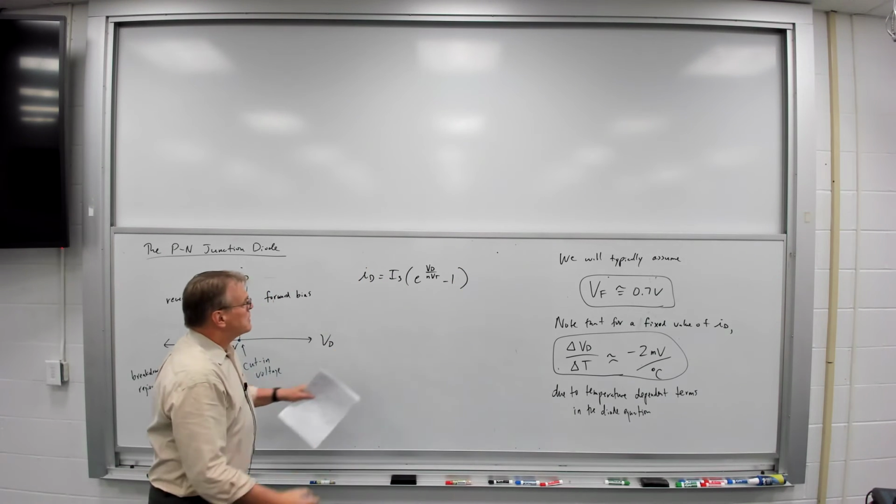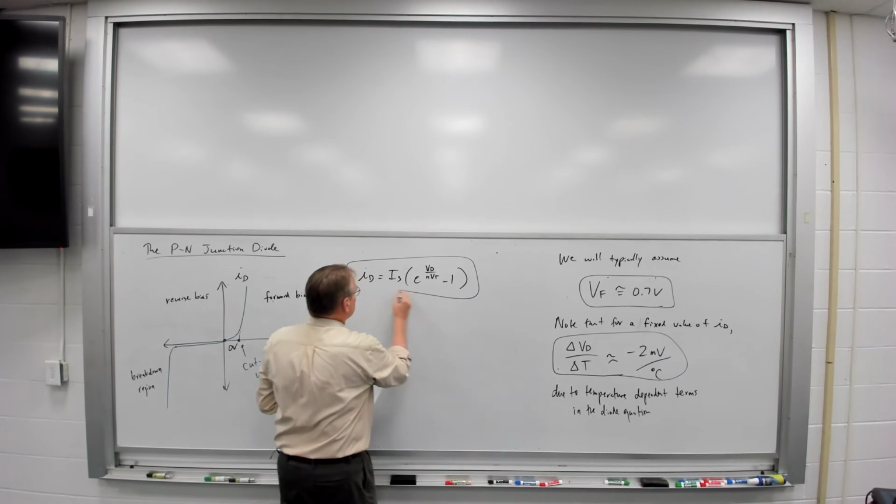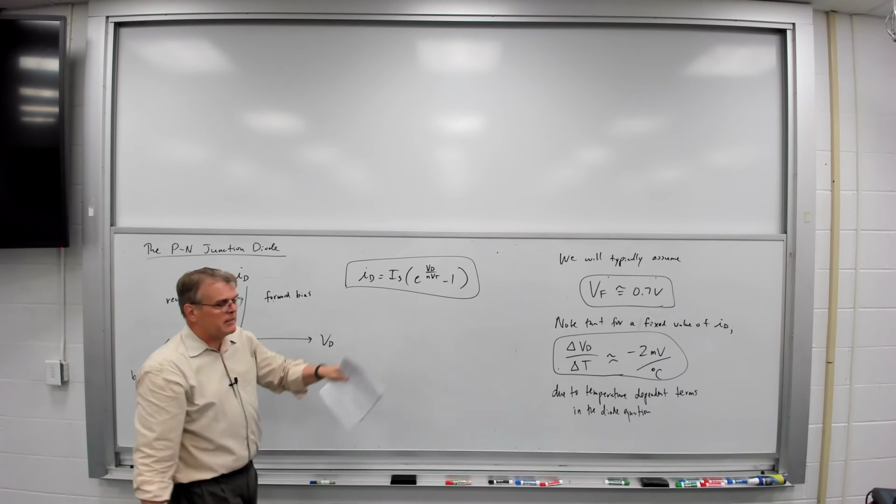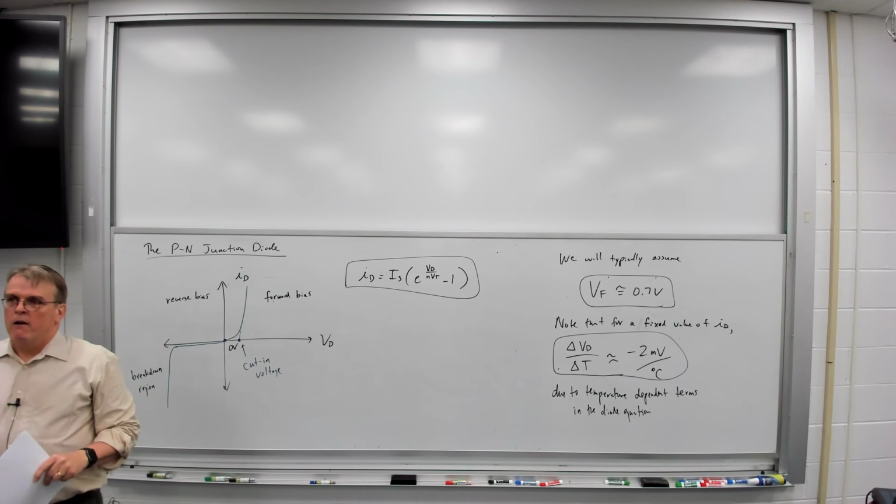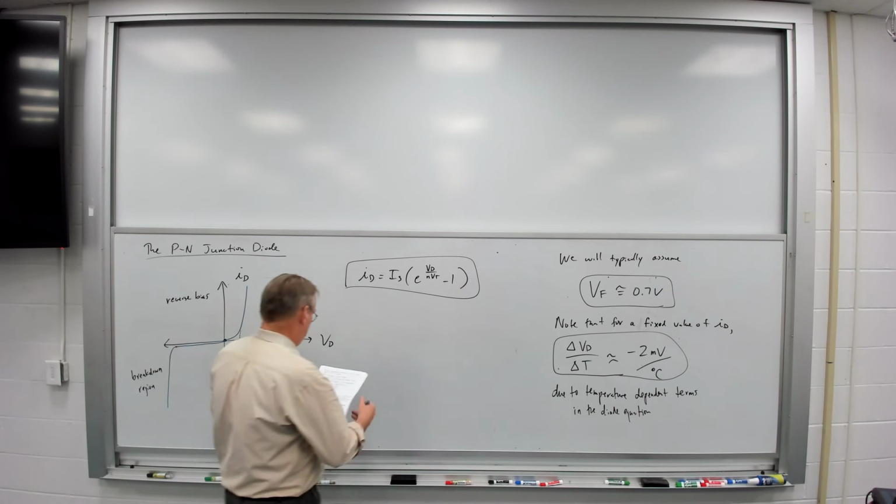So once again, there is our diode equation. ID is equal to IS e to the VD over NVT minus 1. For VD less than 0,